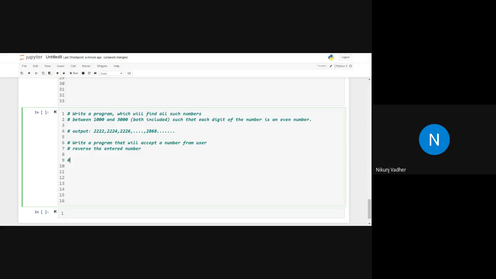For example, if the input is 3456, then the output should be 6543. I'm giving you these two programs.